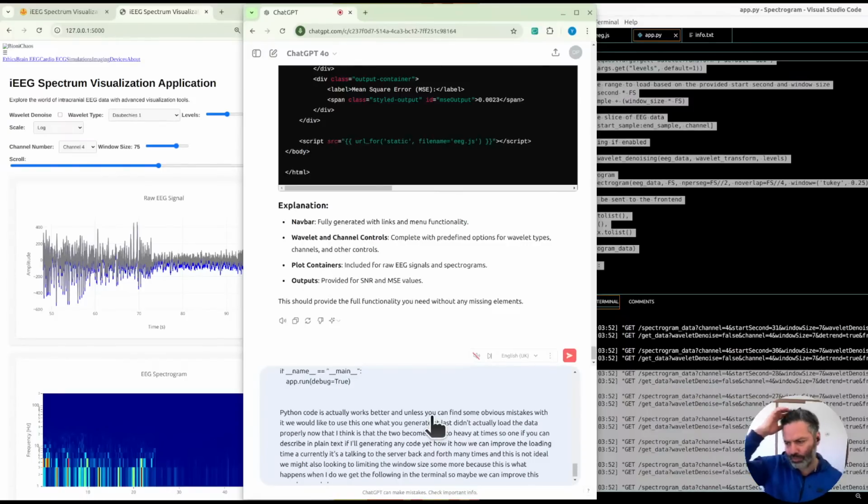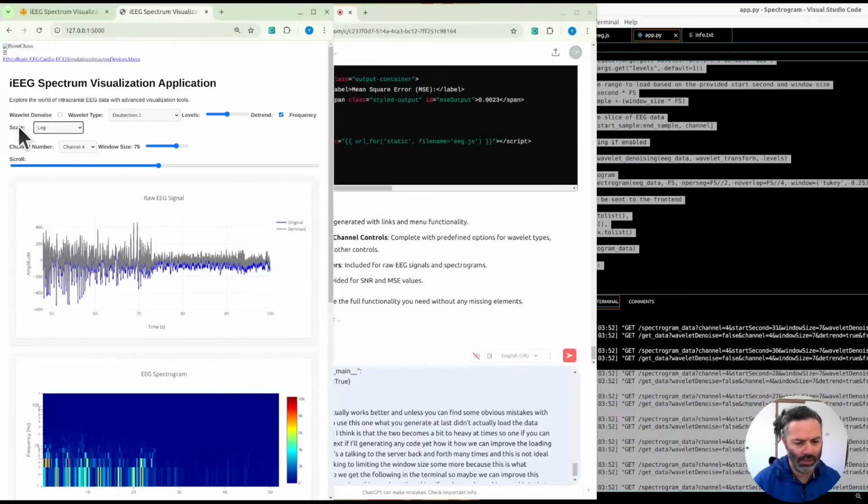And also a minor thing, another thing, if we're already working on this, is that the frequency scale should be logarithmic by default. And also, a fourth thing, if we can improve the styling a bit,